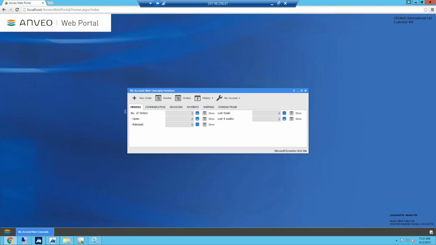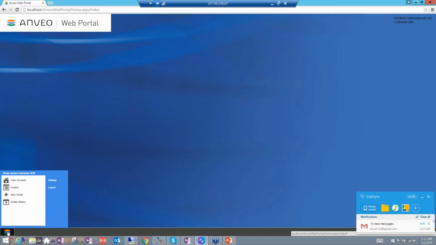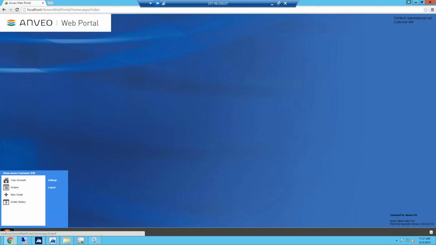And it's the same exact solution. When you look at this, I log into a website. I put in a username and password. When I put in that username and password,